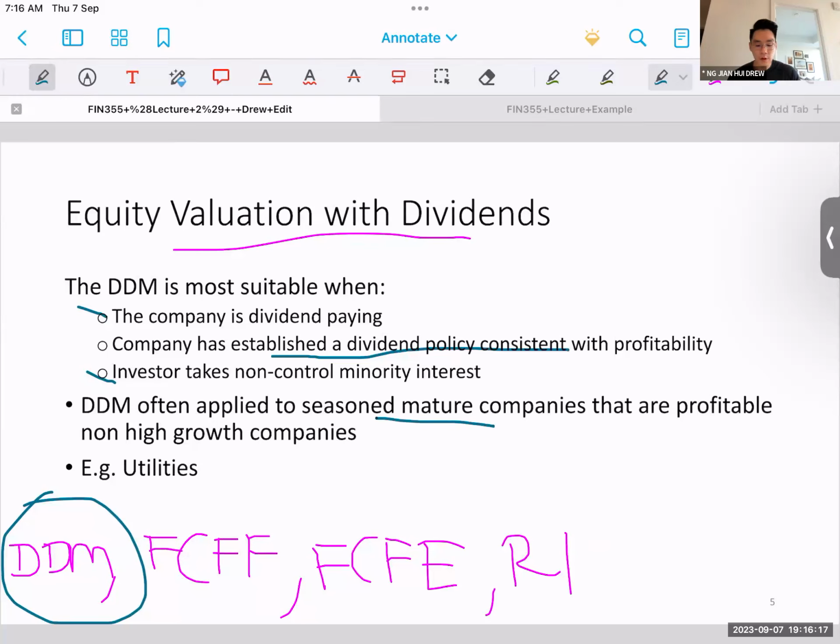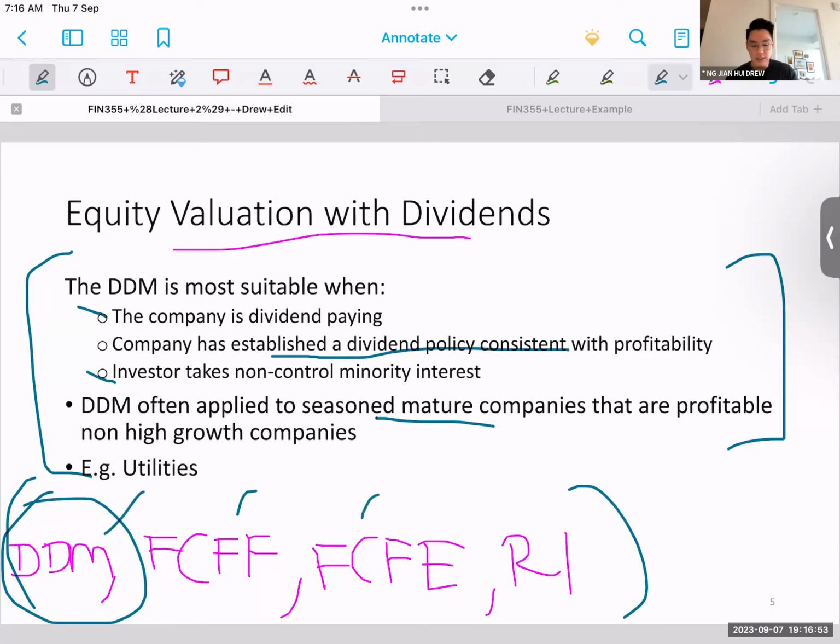Okay, so before we carry on, I just want to highlight to you why all these factors are important. Remember, at the end of the day, when we do valuation, what we cover in this course is to give you tools, right? As we talked about last lecture, when we talked about various qualitative tools. So in this lecture, it's the same. We have four options here. As an equity analyst or as someone trying to value a firm, you need to be able to decide which method to use. So should I use this? Should I use this? So we give you the characteristics of what is important to consider before